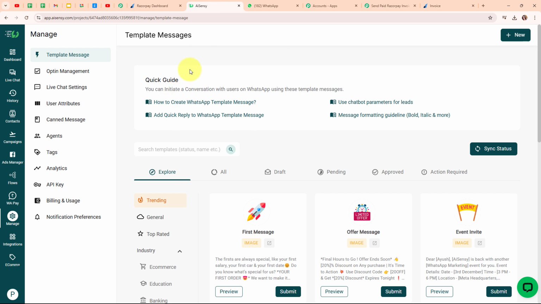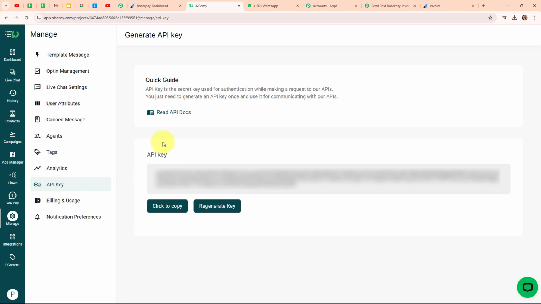And here in my SNC account, I'm going to click on this manage option given in the left sidebar. Here under manage, you can see we have received the option for API key. So here I'm going to select it. And here under API key, you can see we have successfully received the API key over here. So here I'm going to copy it. But if you wish to regenerate the API key, then you can simply click on this regenerate key option given